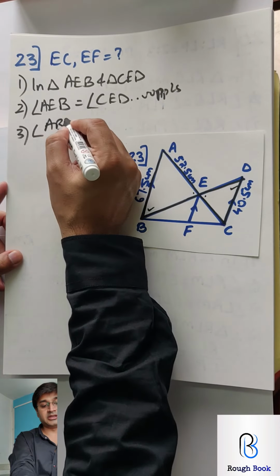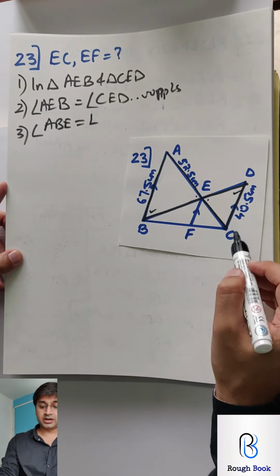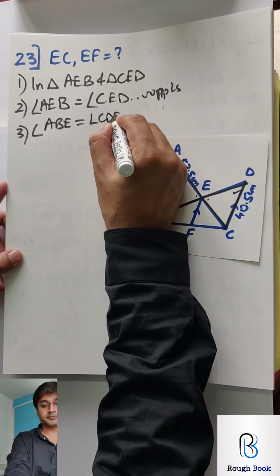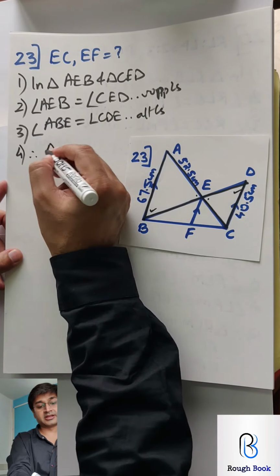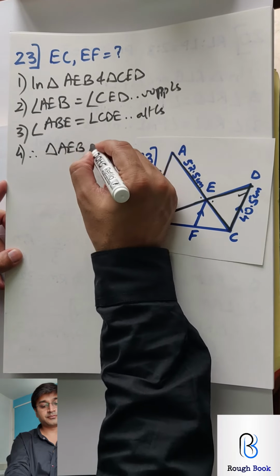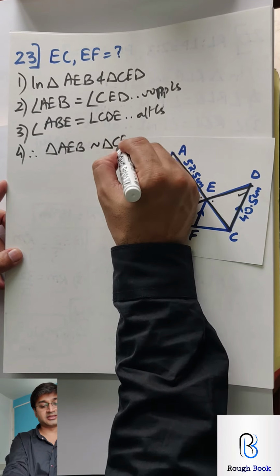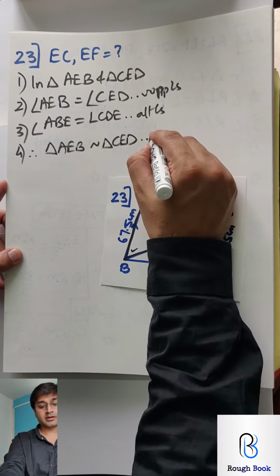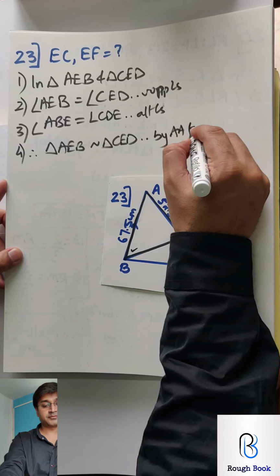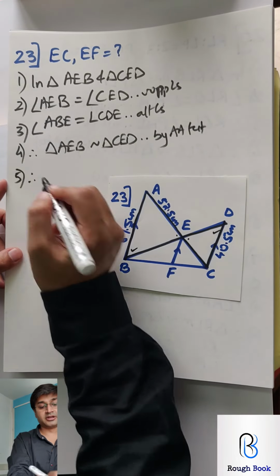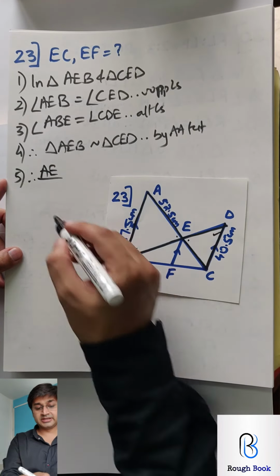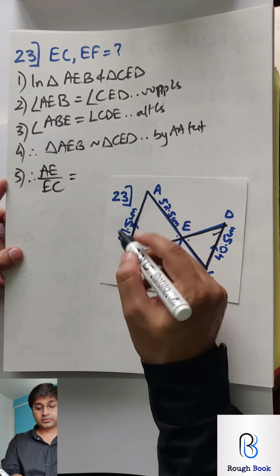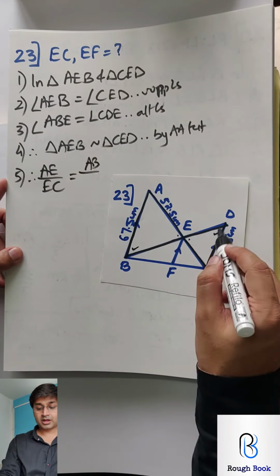So angle ABE equals angle CDE, alternate angles, and therefore triangle AEB is similar to triangle CED by AA test. Now that your triangles are similar, AE upon EC equals AB upon CD,